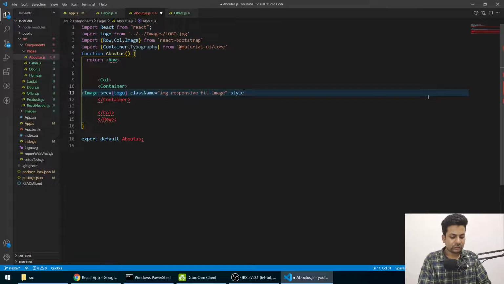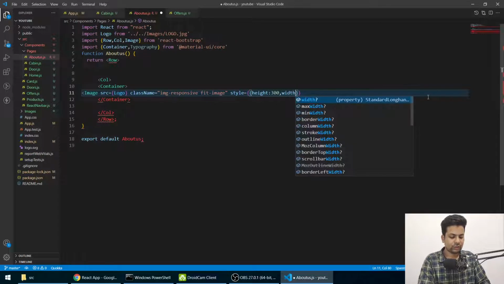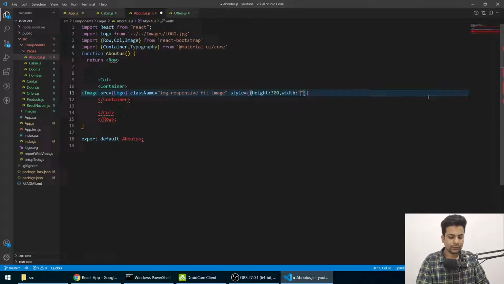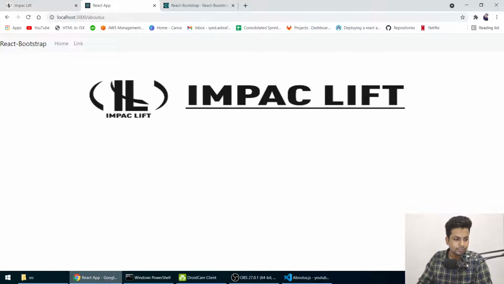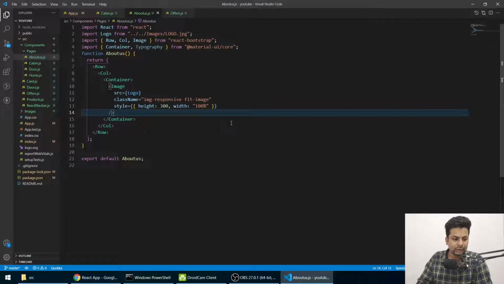Now I'll say style equals to, we'll need the height of 300 comma width of 100 percentage, and we'll just close it and let's just check it. So we got the image, perfect.